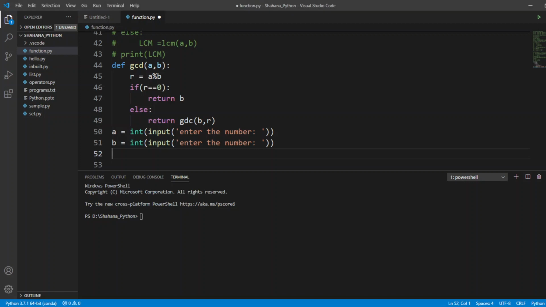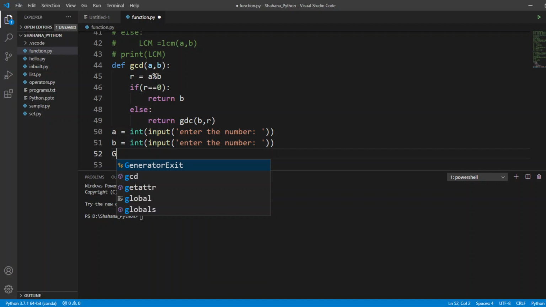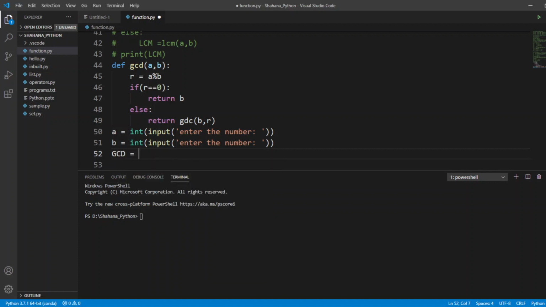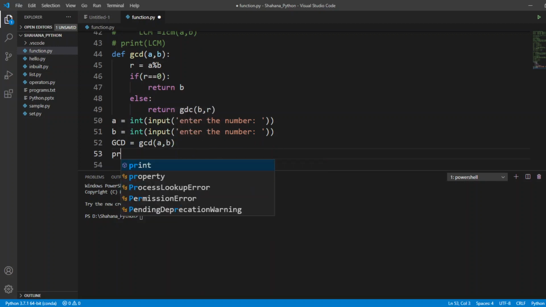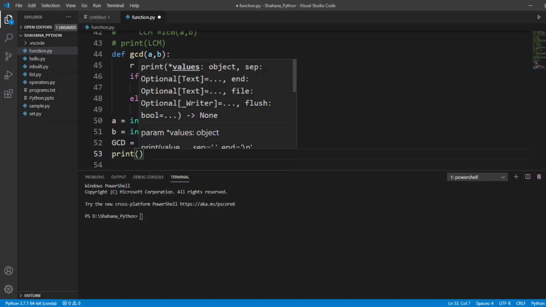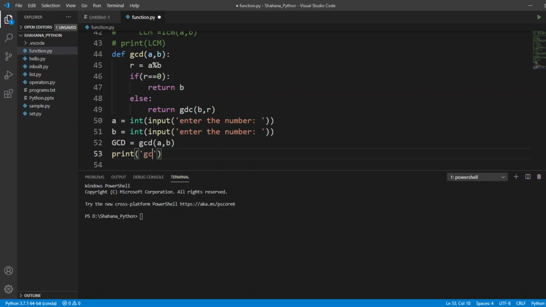Next thing is I'm going to call my function gcd with a comma b. And finally I'm going to print my gcd is. Okay, this is my code.